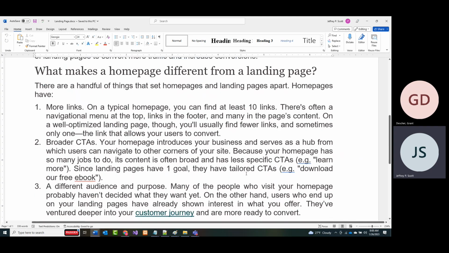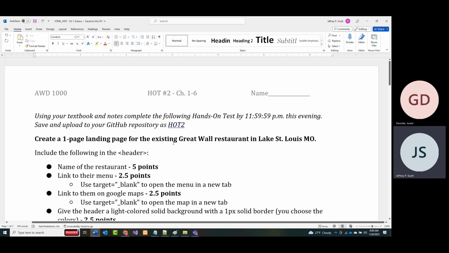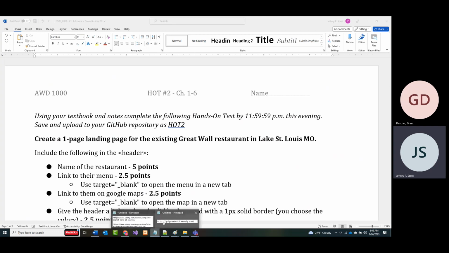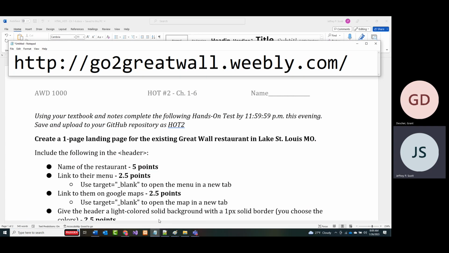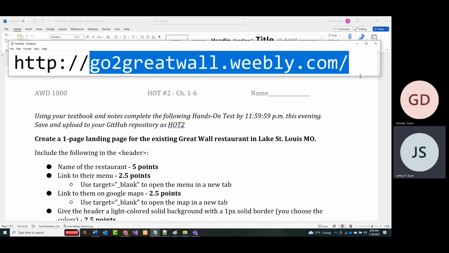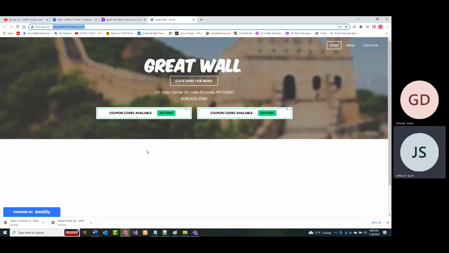Now, I just do want to tell you this: these are tests that were made up by other faculty members. I did go in and make some changes to it. I'm going to show you the changes that I made. You may want to take down this email address. I can put it out there otherwise as well. But if you go out, and I'll leave this up for a minute, to greatwall.weebly.com, you probably again only need this. You will come out to this. And this is that Great Wall restaurant.